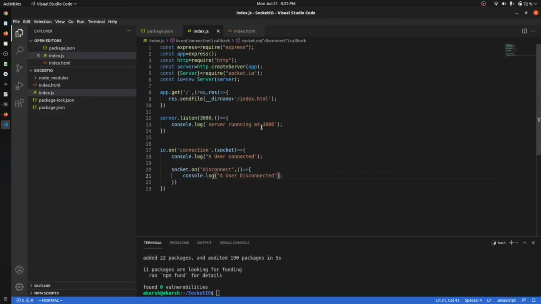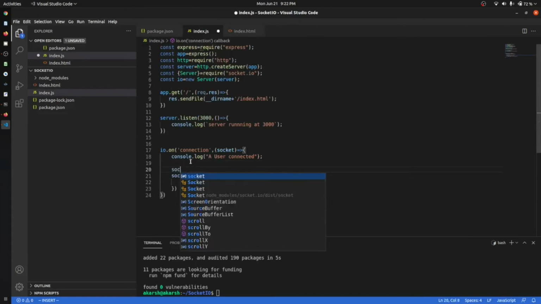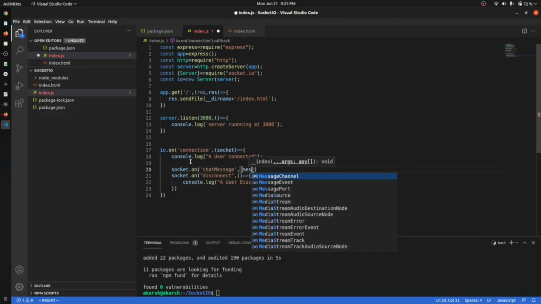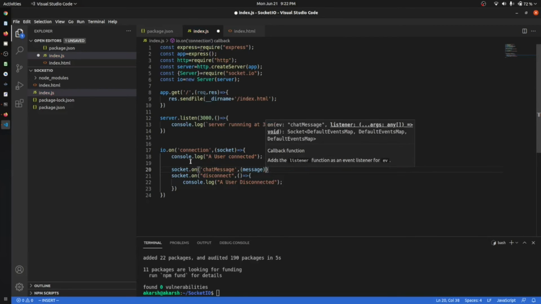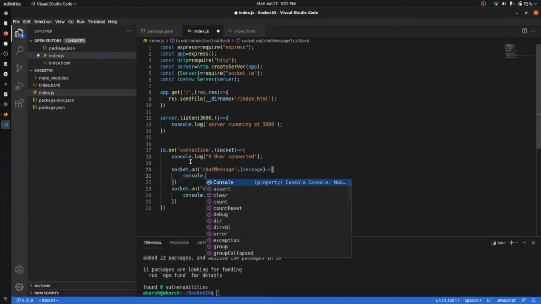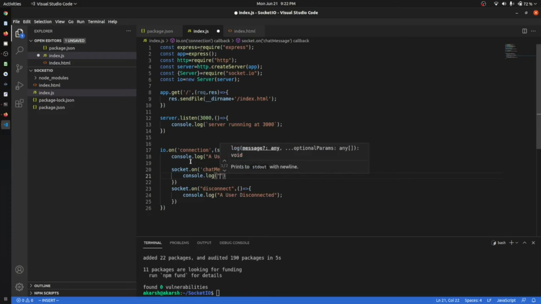So what we will do, we will go to this point and create a room like this: socket dot on chat message, and in this we will say that we are getting a message, and we will just try to console.log the message. Please ignore the typo.